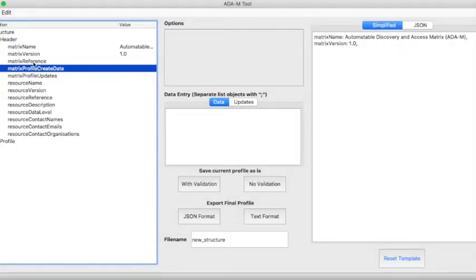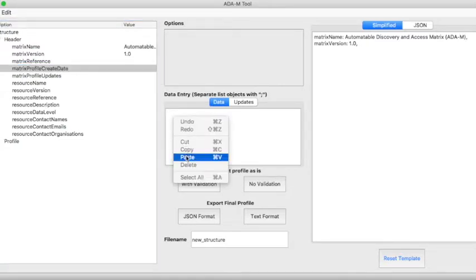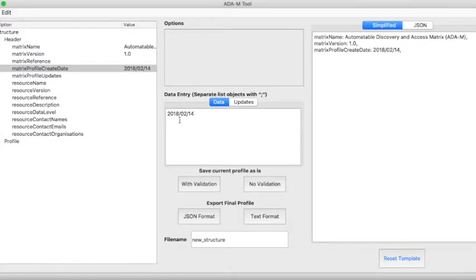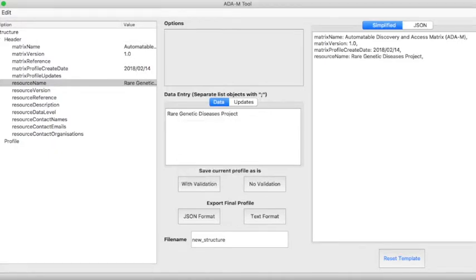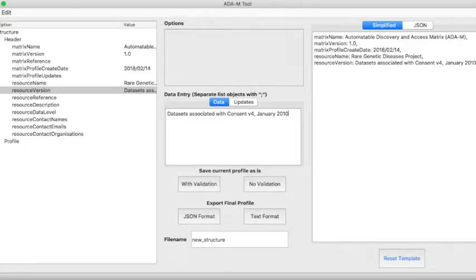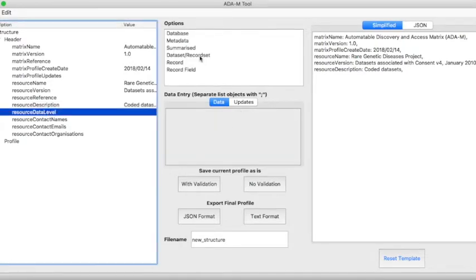Starting with the header section, the matrix creation date must be completed in the form of a 4-digit year, followed by a 2-digit month, and then a 2-digit date. In this case, that is 2018-02-14. The mandatory resource name field is completed as Rare Genetic Disease Project, and the resource version is then completed as shown. The resource description is defined as coded datasets, and the resource data level is set to the Dataset